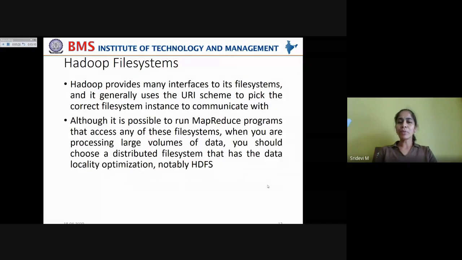Although it is possible to run MapReduce programs that access any of these file systems, when you are processing large volumes of data, you should choose a distributed file system that has the data locality optimization, notably HDFS. Means when you are choosing a distributed file system, you have to choose the most optimized file system, which is very close to your MapReduce jobs,